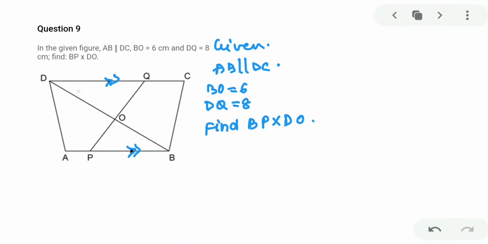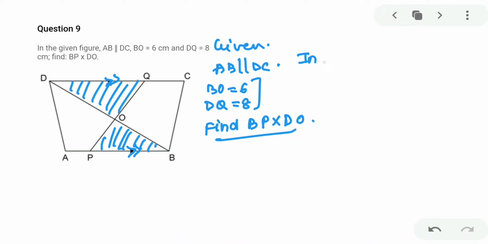Okay, so let's go for two triangles first and make them congruent. And you can go for this triangle and this triangle, because whatever the requirement is and whatever the sides are given, that belong to these both triangles which I have marked blue. Hence we will take these both triangles. How you will write it? In triangle DQO and triangle PBO, in these two triangles, point number 1 you can take is angle DQO.